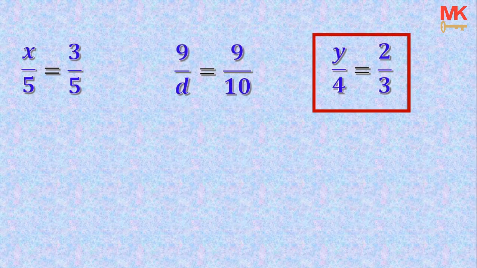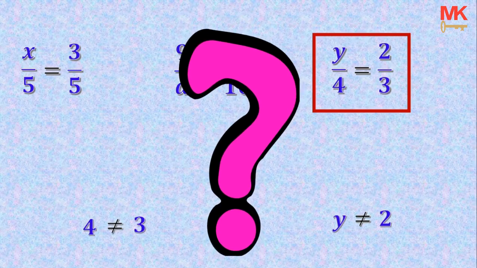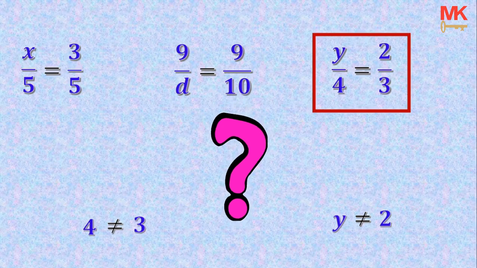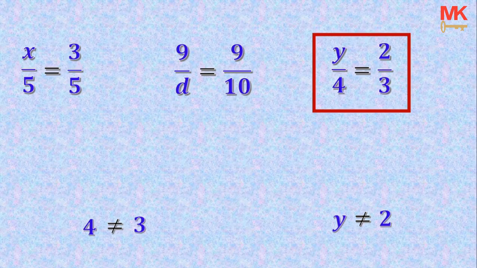However, in the last equation, y over 4 equals 2 over 3, y is not equal to 2 because the denominators 4 and 3 are not equal. So the question is this: how do we go about this type of question in which the numerators or the denominators are not the same? Alright, now looking at this question, y over 4 equals 2 over 3,